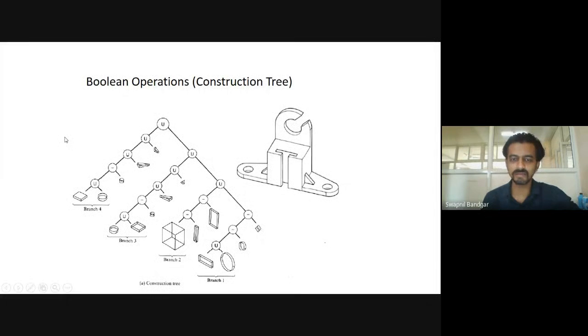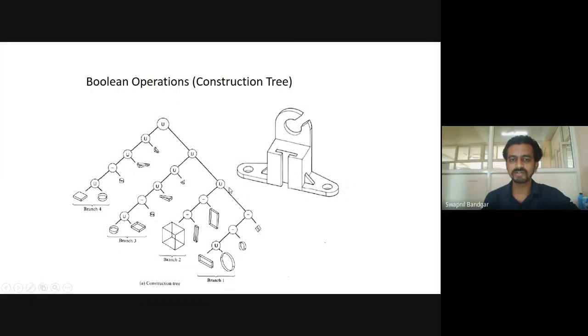Okay, so if you start with branch number 1, this is the union of a primitive instancing of a cube and a primitive instancing of a cylinder. Then if you do a union of it, you will get this upper part. If you can see my cursor, you can see the upper part which has an eye in it. That part you can make with this. Then you will subtract a primitive instancing of the cylinder, and again you will subtract a rectangular shape. So we will get a back support of this frame.